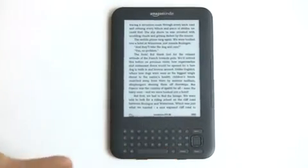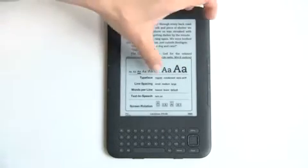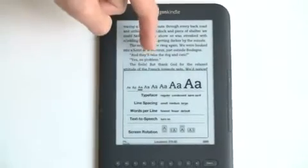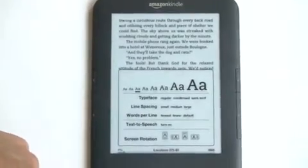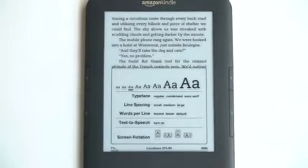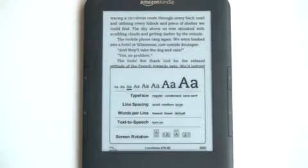of the features. For text management, as you can see here, you can choose from 8 different font sizes. You can change the typeface between regular, condensed, and sans serif. You can change your line spacing, words per line, turn on text-to-speech if you want to hear a robotic voice, which we'll do for you in a minute, and you can switch the screen orientation. Unlike the graphite Kindle DX, this doesn't have an accelerometer in it, so you're manually going to choose which orientation you want, but you can have it any of 4 ways, including using it upside down if that floats your